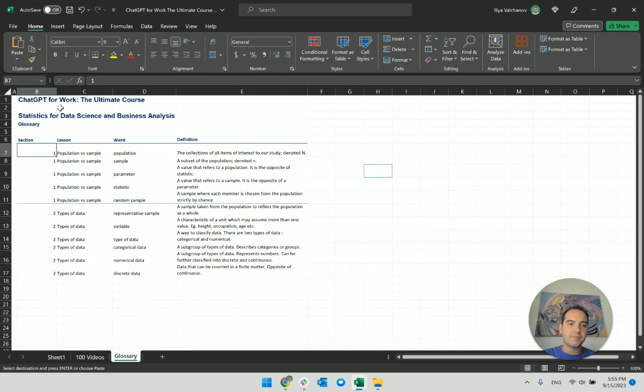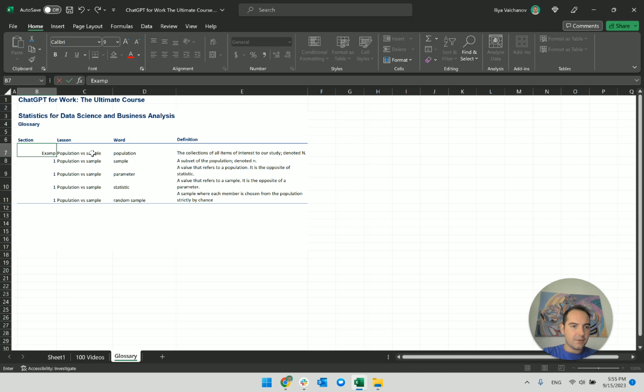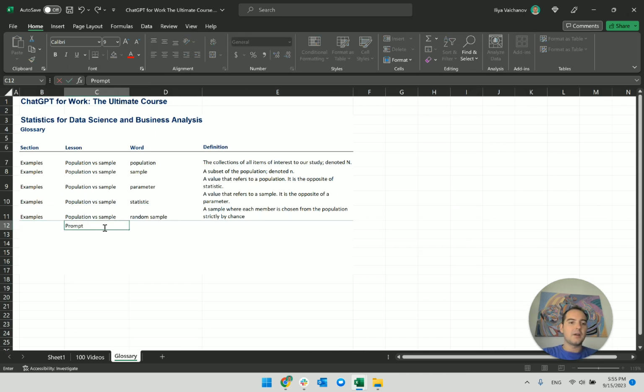I don't know how I'm gonna approach this, but I definitely know that stuff that would be going here are, okay, examples. Stuff that will be going into this glossary are words like prompt engineering, LLMs, LLM, large language model.